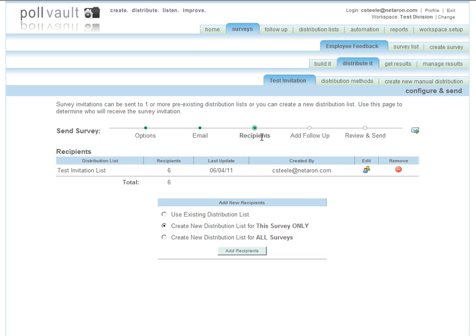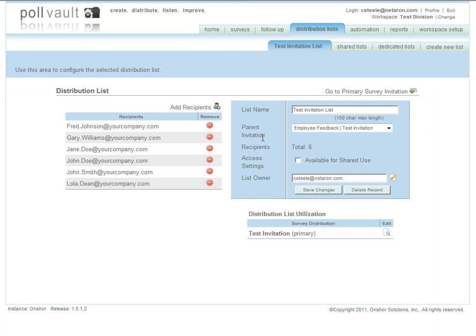So here we have the recipients set up in a test invitation list. If you want to review the recipients, you could click edit, and then you can see everyone that we pasted in. They've been uploaded as a recipient. You could remove people if you would like. You can add additional. Let's go back to the invitation,